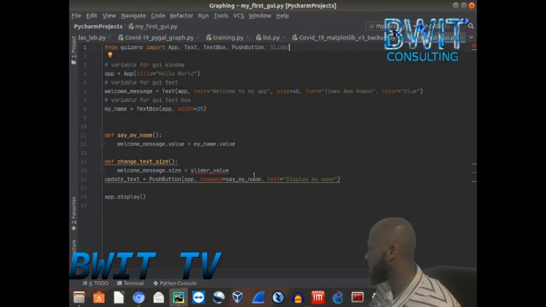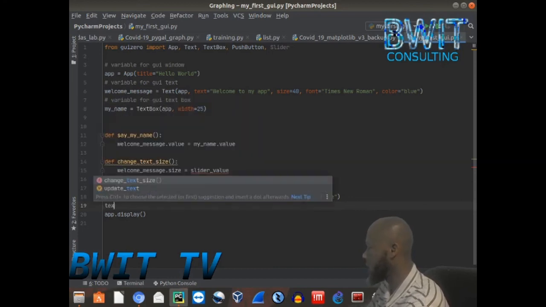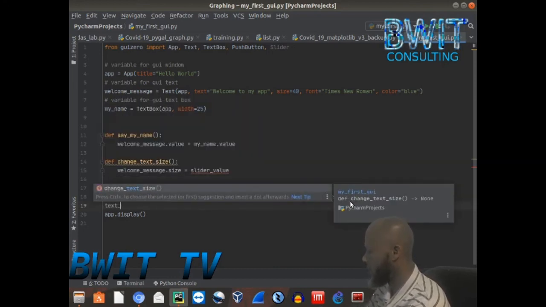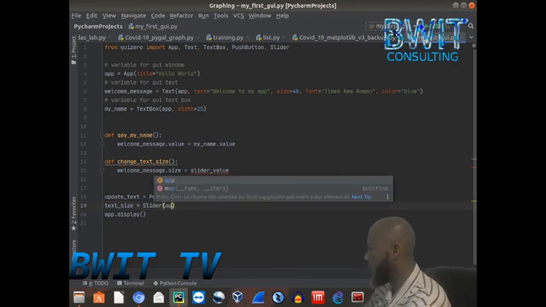Okay. All right. So now we can come down and add our stuff here. We're going to add our text size. We're going to say text size equals slider, and that's going to be app,